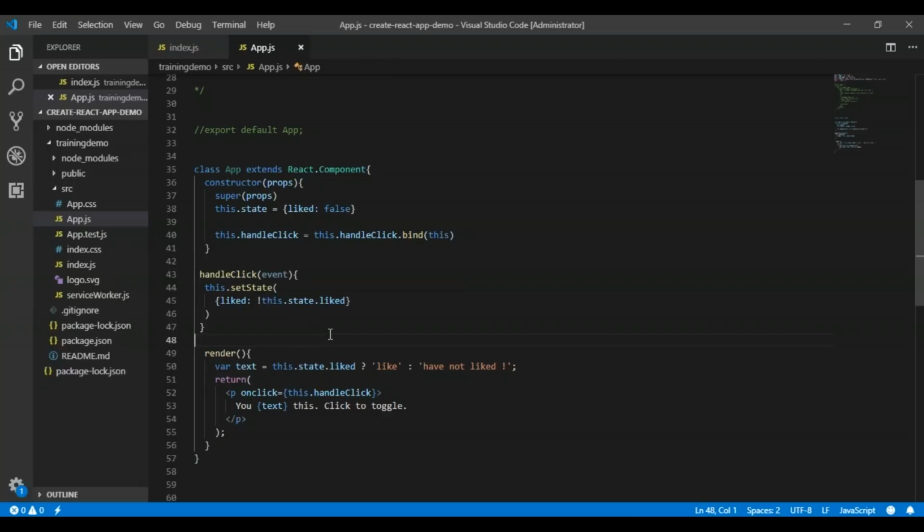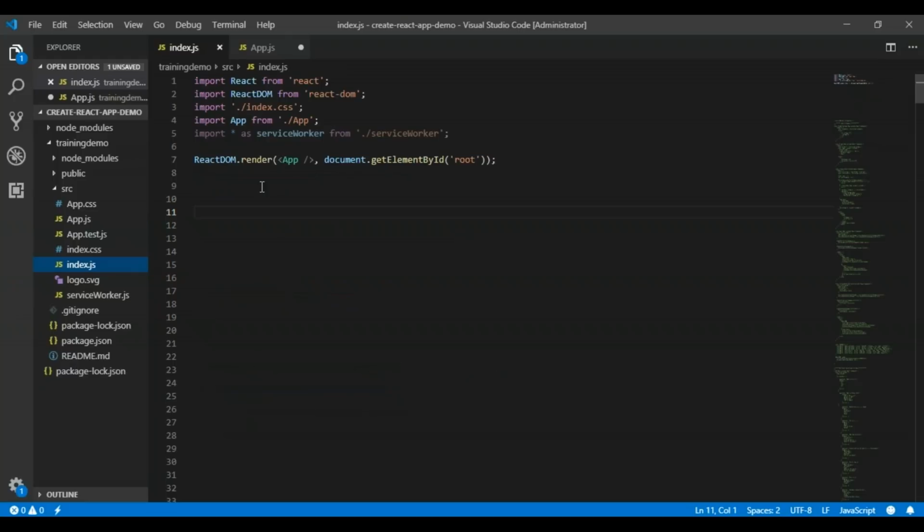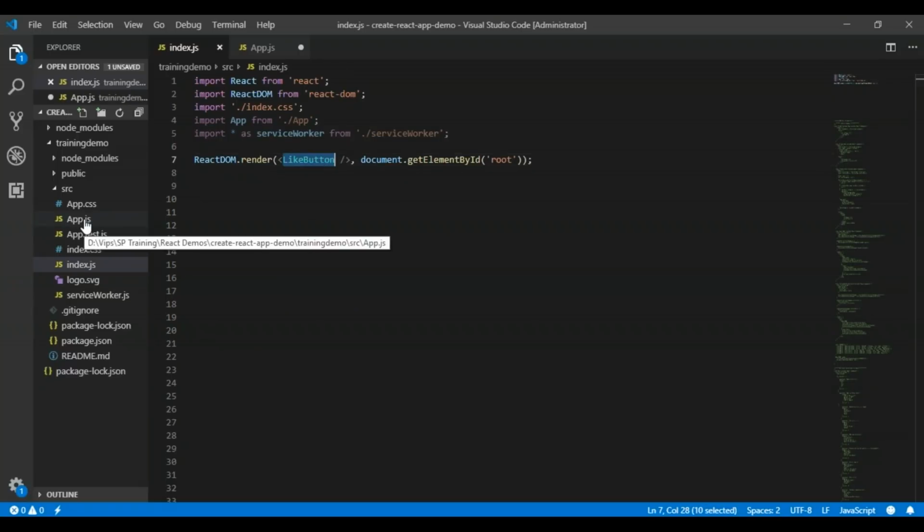Let me repeat once again. I am using the create-react-app application. In this application, we can change the component name also. This component name needs to be called in index.js, and then just save it. So in ReactDOM.render, I am calling a component, and this component is defined in your App.js.